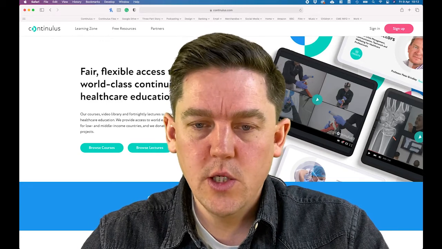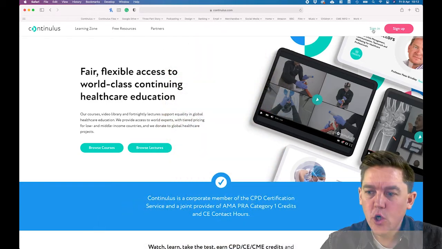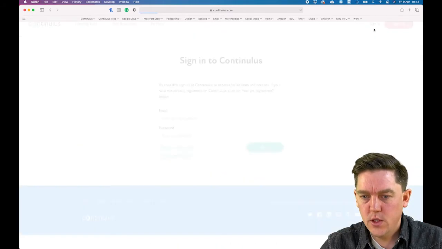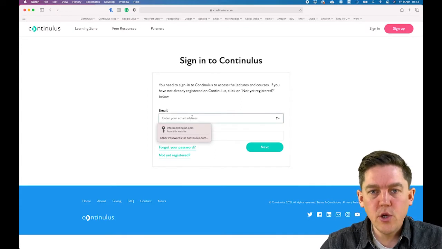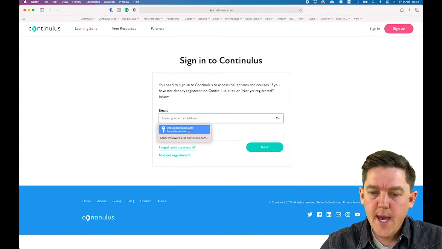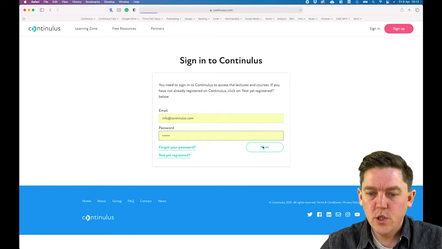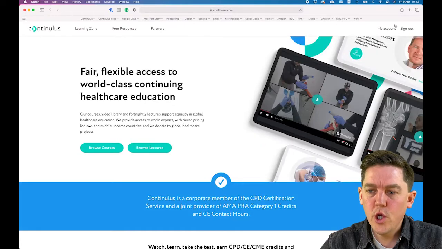So this is what the Continulus homepage looks like. And you can go ahead and sign in here at the top right hand corner. So please enter the email and password that you used at the registration step, and I will just use one of mine. And we're now logged in because you can see up here in the top right hand corner